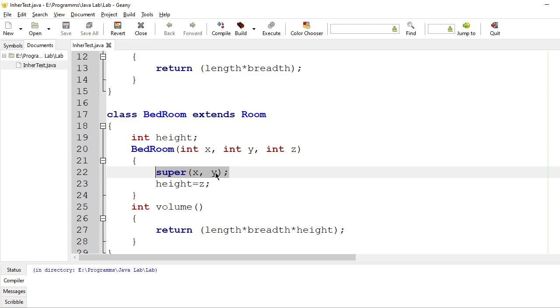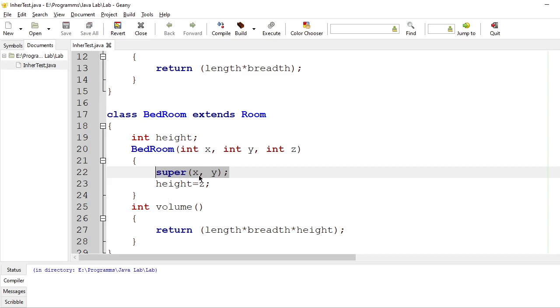And one important point you have to remember is the super keyword must be the first statement of the derived class constructor. You cannot write height first, then super. First you write super, then you can write any other initialization.